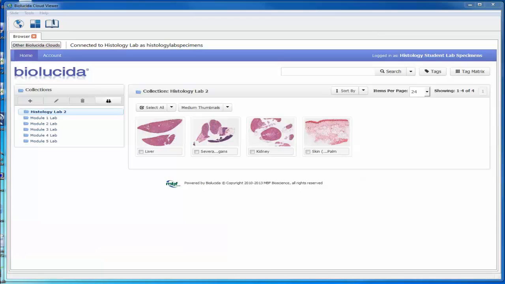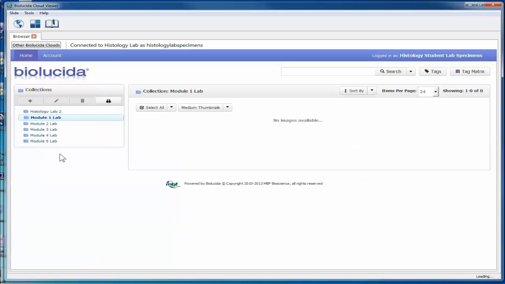This video is to give you some guidance and demonstration of the tools in Biolucida as you're doing this first exploratory lab 2. These are the four specimens in that collection: 3 mouse specimens, liver, several organs and kidney, and 1 human specimen from the skin of the palm. In the future, like for the Module 1 lab, there will be some specimens there for you to explore and practice